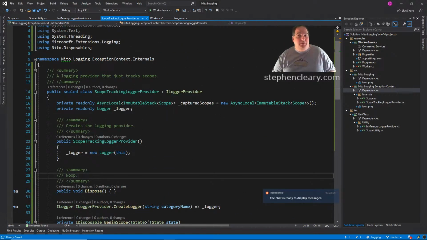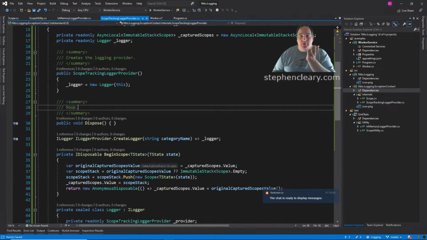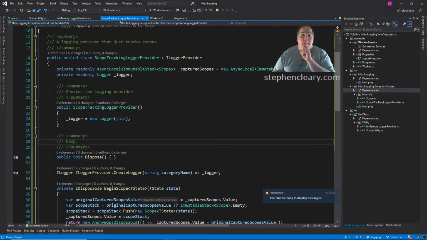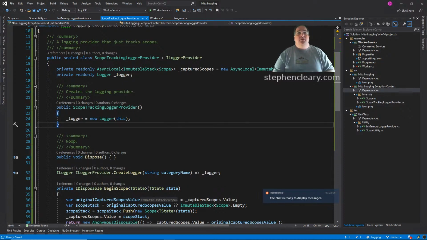Supposed to explicitly implement IDisposable. Fine. Alright, so we've got our logger provider here. That is the first thing that we need. And this should capture all the scopes. Well, the one thing it doesn't do is expose them. So what we want to also do is say